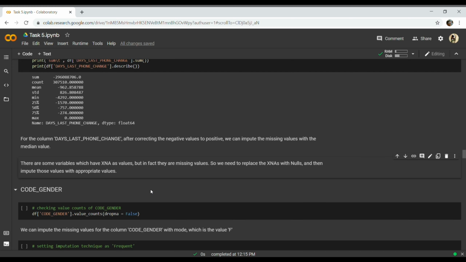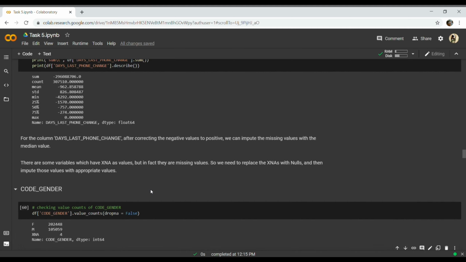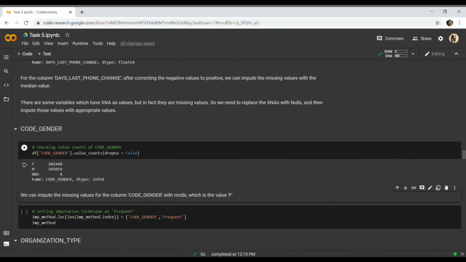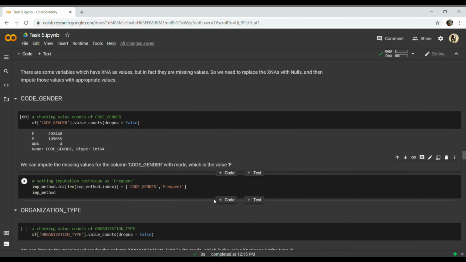I have already analyzed this. Let me show you as well. Code gender. XNA actually refers to null. So there are F and M. Other than F and M, there should be nothing in gender. But XNA means a null value.